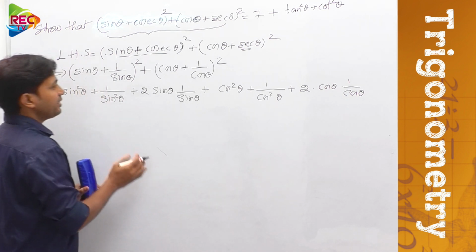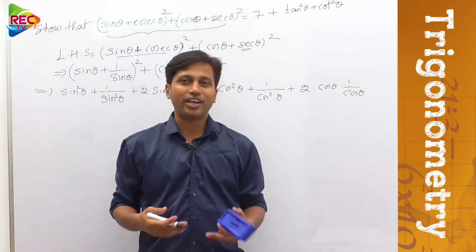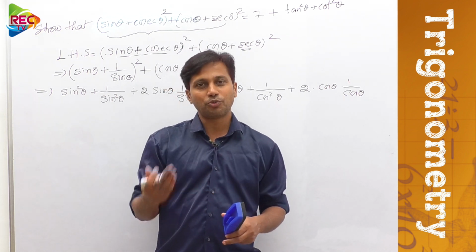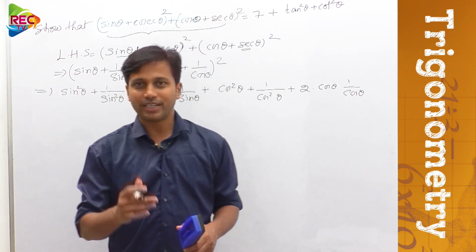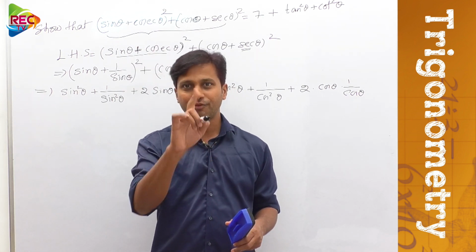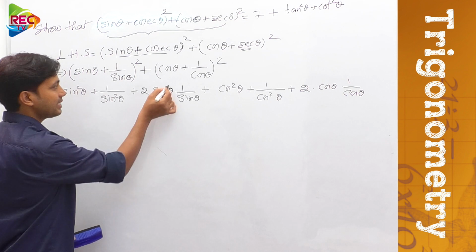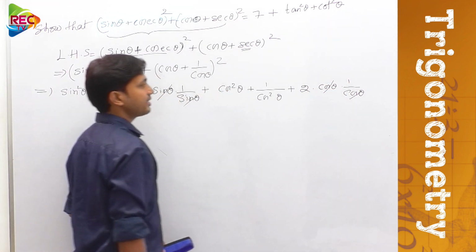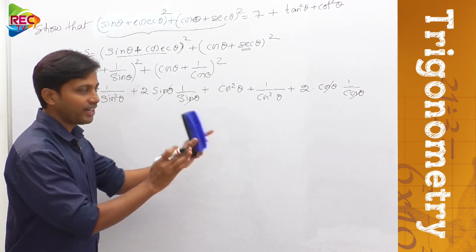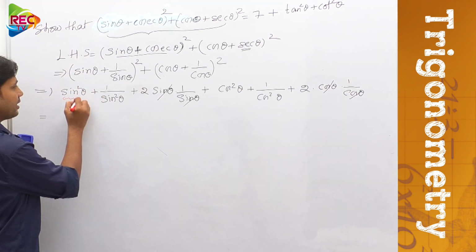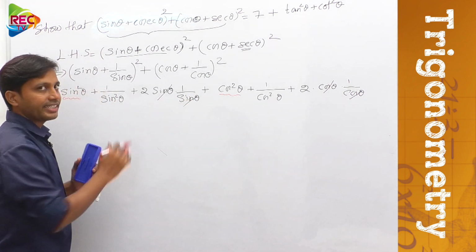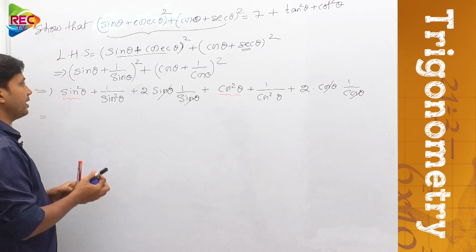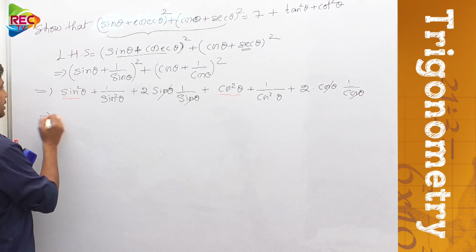So as you know, students will enjoy cancelling things. Everyone enjoys doing the cancellation and putting 1. So here you can enjoy this. Sin theta and sin theta are getting cancelled over here, and cos theta and cos theta are getting cancelled over here. So the thing is simplified or not? So okay, this is sin square theta and this is cos square theta connected with a plus symbol. So just write and put them together: sin square theta plus cos square theta.